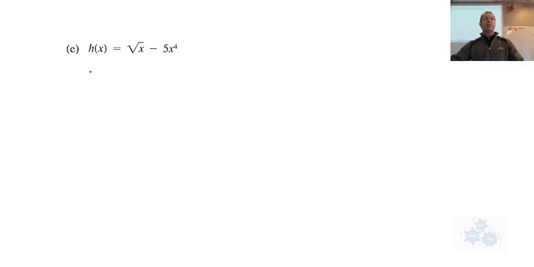Okay, so finding the derivative here, right? If we're finding the derivative of this question right here, then what you want to do, kids, is change the radical to a fraction, 1/2. Fractional exponent, yeah. Minus 5 to the x to the 4. Because you want to be able to use the power rule and the sum difference rules here to find